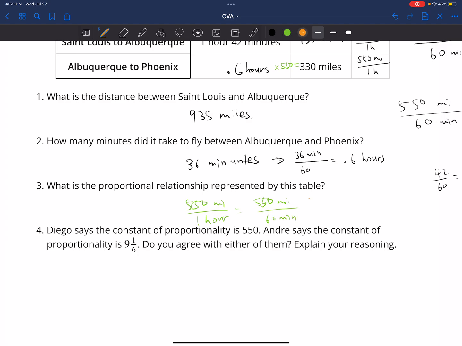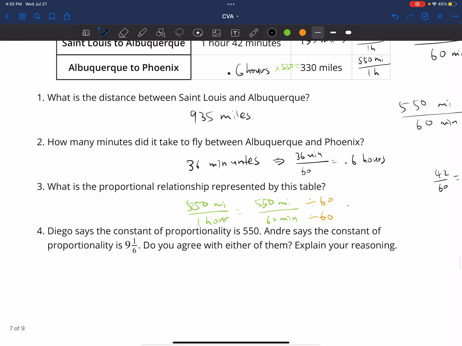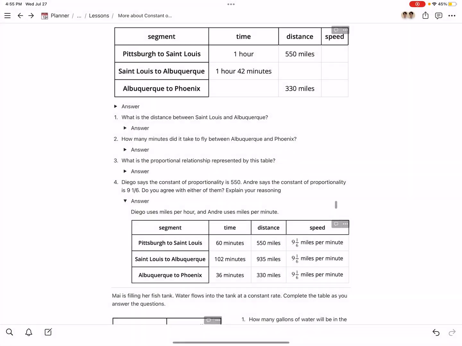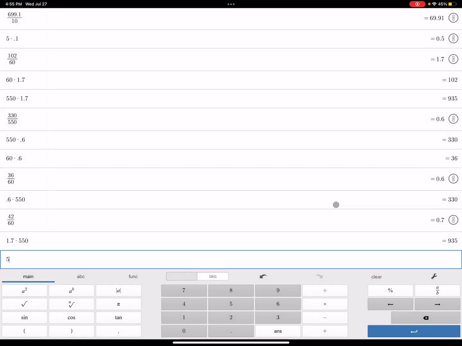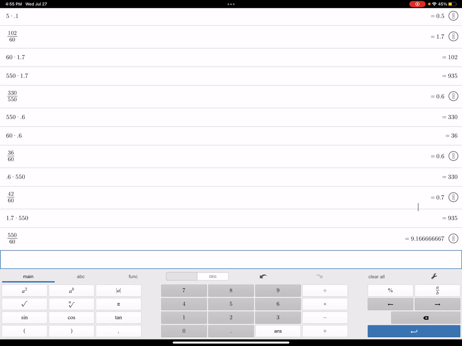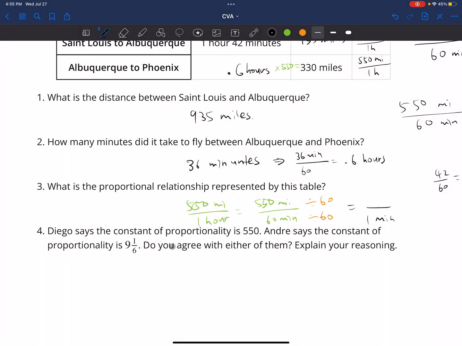And then we have to divide the top by 60, bottom by 60. Remember, whatever you do to the top, you have to do to the bottom. 60 divided by 60 is just 1 minute. And then 550 divided by 60 is 9.16666, which is 9 1/6